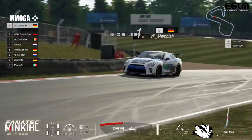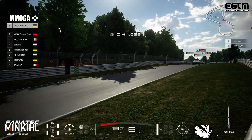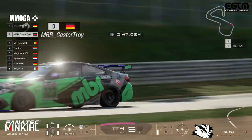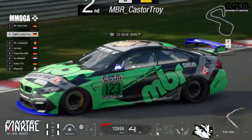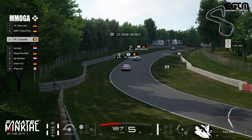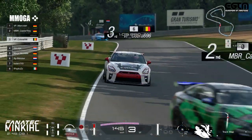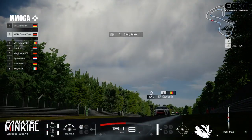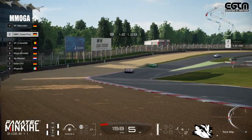So here, like I said, we have Marcola, the overall winner from last season. That means we will see a lot of racing action here. I hope that we see a damage-free race. Let's see. Brands Hatch isn't always the easiest track to do that. There are some very narrow corners, some corners where you can't really go too wide. So if someone decides to be a little over eager, we might see a few paint exchanges,